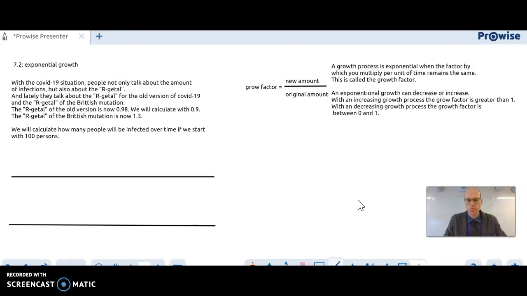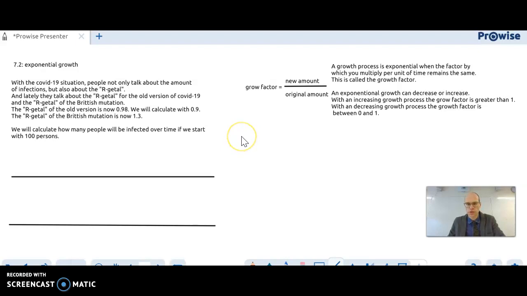We're talking about the growth factor and how that works. First of all, let's take a look at the notes over here, and please copy them. Then I'm going to explain them with a calculation, with an example of the COVID-19 situation. Why are they making such a big deal about the